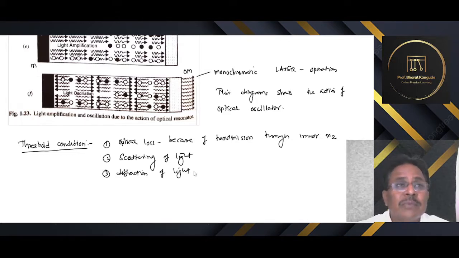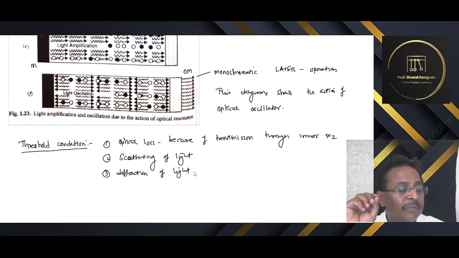And to get a proper laser output, we have to minimize these types of losses, and therefore a certain threshold condition has to be reached. For the proper buildup of oscillations, it is essential that the amplification between two consecutive reflections of the light from the rear end mirror balances these particular losses.